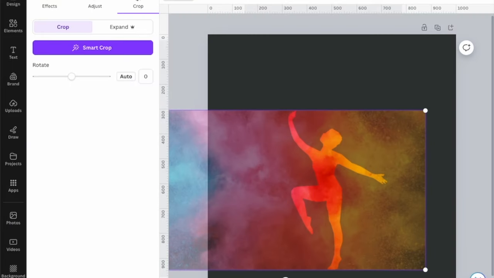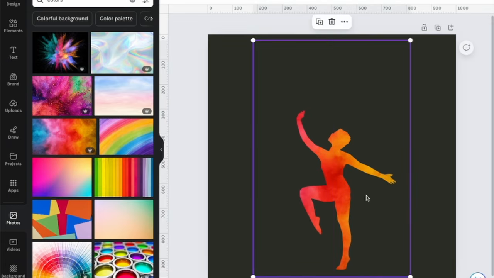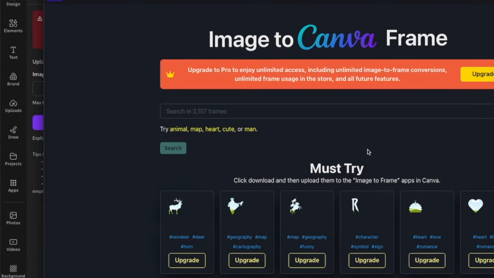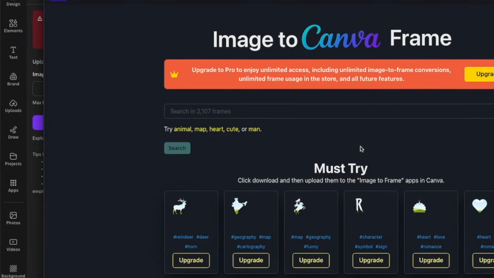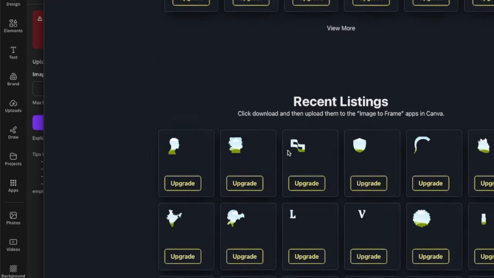So this is a very cool way of creating your own custom frames, but they have limitations. Once you hit the limitation, you need to go into their website and then you need to upgrade your plan. Okay, just read through, and if you're interested you can go ahead and click here to learn more. It will bring you to this website. It has a lot of custom frames which you can upgrade and use, and they also have a video explaining their process. If you want to create your own process without this, we also have